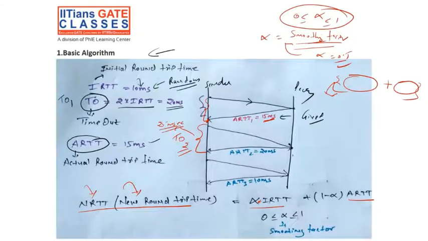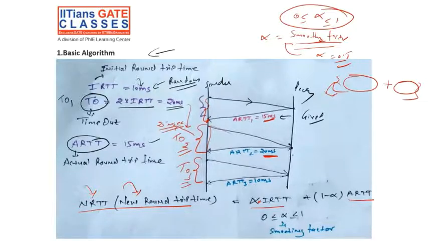The first one is 20, so it has increased. This is your timeout for this segment, but the acknowledgement of that segment came in 20 milliseconds. From this point to this point it took 20 milliseconds, but your timeout is 25. So there will be no retransmission. Everything is successful. Now for the third segment, we have to calculate timeout 3.